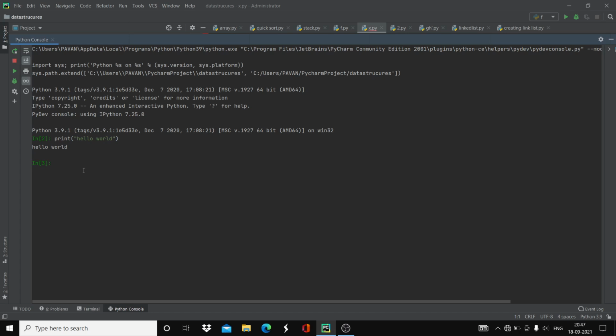So you don't need to write header files, you don't need to write anything. You can write just print and you can print. That is the easiest thing you can do with Python. When adding two numbers in any other language, you need to write header files, initialize variables and write c is equal to a plus b.